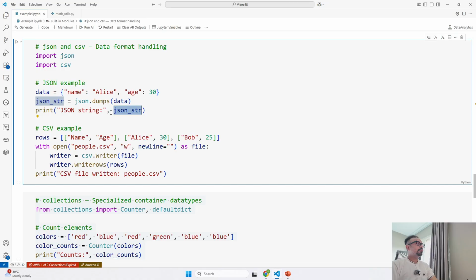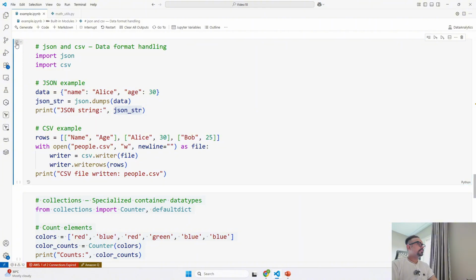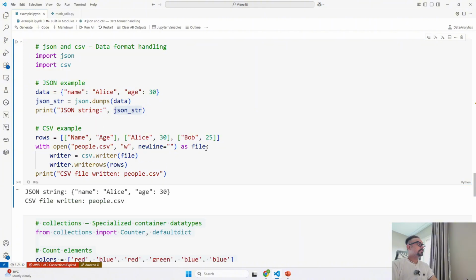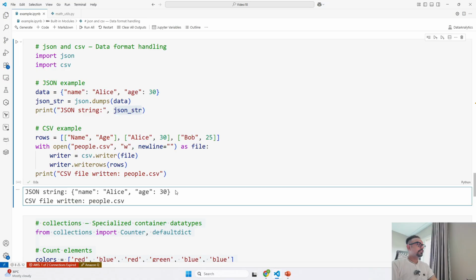So it is going to change this data that we are providing into JSON. So if I go ahead and run this, you can see now this has been changed to JSON format. Okay. Now csv.writer. So what csv.writer does is,